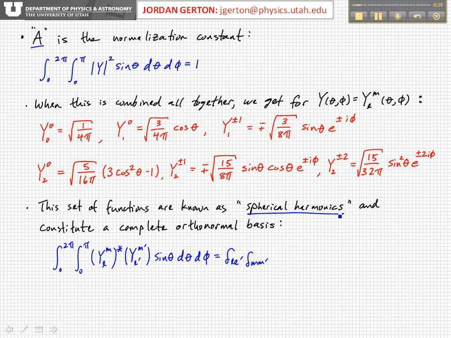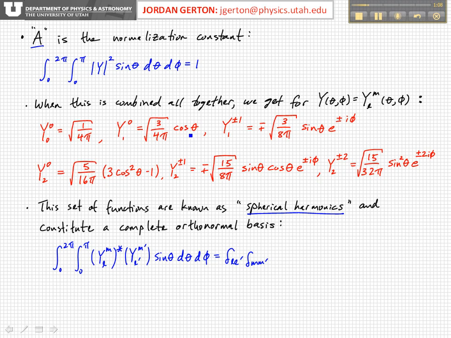And so the first few are written here. So Y00. Remember, m sub l can only go from minus l to plus l, and so if l is equal to 0, then m has to be equal to 0. And so we basically are just left with the normalization constant, the square root of 1 over 4 pi. If L is equal to 1, but M_L is equal to 0, we get root 3 over 4 pi times